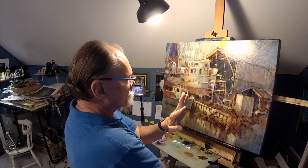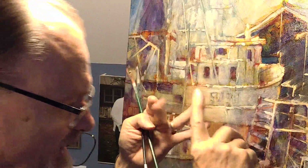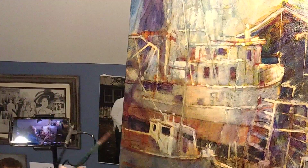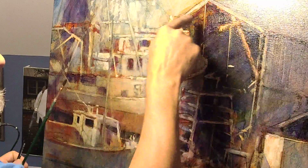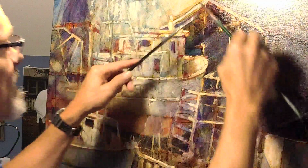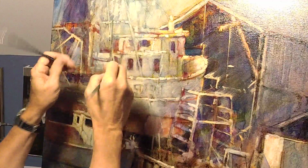Hey, before I go, let me point out just a couple things. You remember my very first marks that I made in this canvas were completely arbitrary, abstract colors. I want to show you how some of that stuff is showing up. Right now I'm getting some really sweet stuff. See this red-orange up here? That's there not because I scratched my chin and said, by golly, I'll paint some red-orange up there, and that'll look great in the peak of that. No. I didn't know the peak of the roof was going to be there. See all these little bits of red all in here? There's a stroke. There's all this stuff. A lot of that is from the